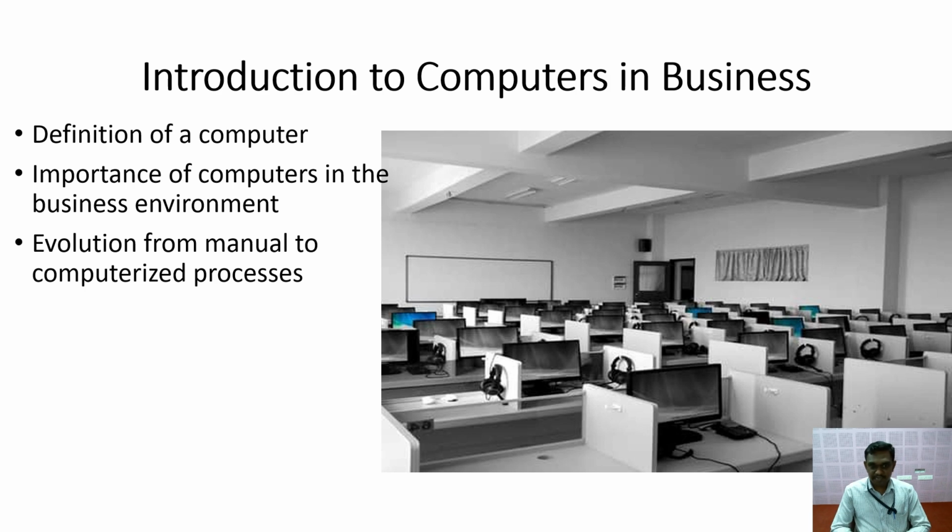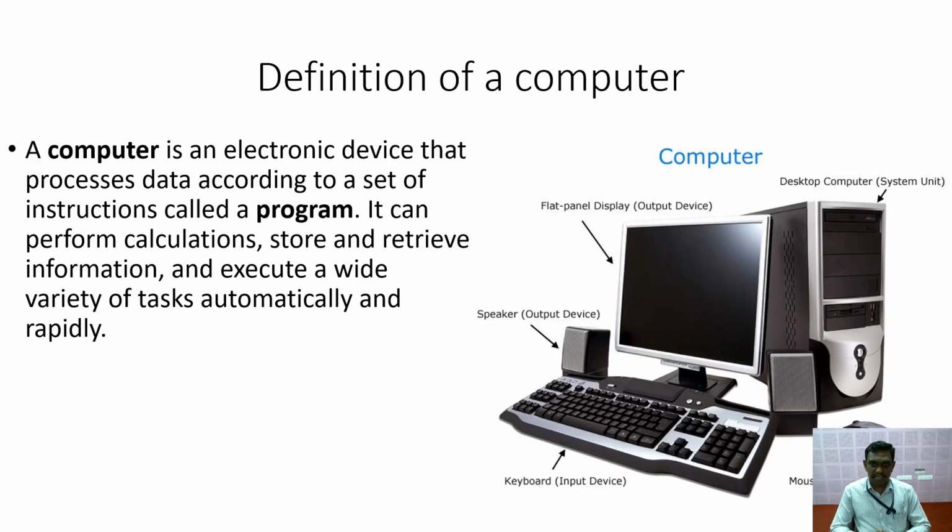Nowadays artificial intelligence, AI, is playing a main role, and it plays an important role in business activities and other activities. If we want to know anything in the world, that is news or current affairs or anything we want, we can contact the artificial intelligence. That artificial intelligence will tell whatever we want, and we will see these things one by one. The first one is the definition of computer.